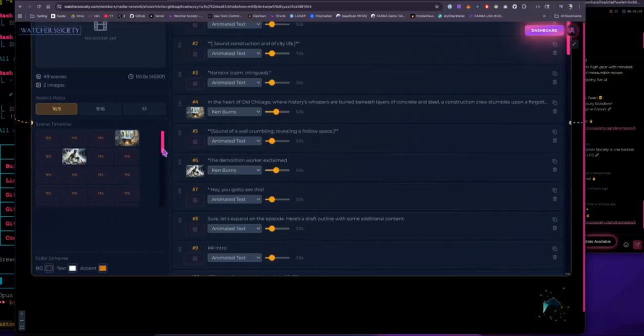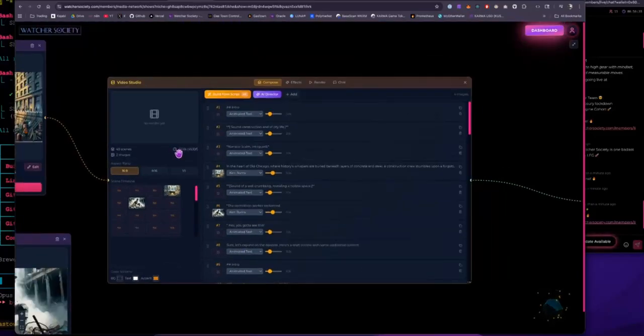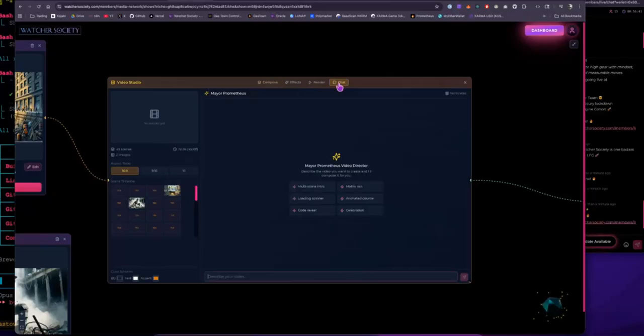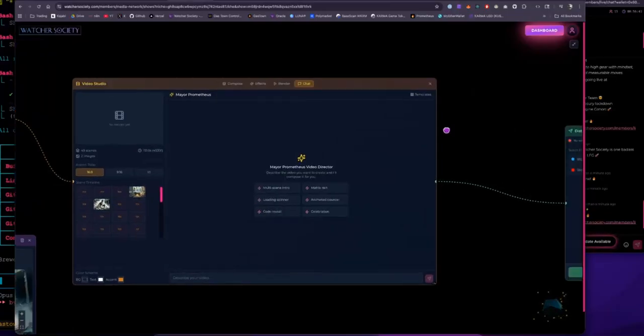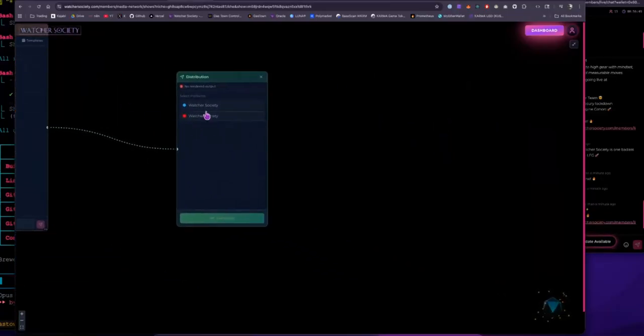I got to fix that too. So this is the whole thing. You can do whatever aspect, and that needs to be updating too. But it's got the length right there, which we'll clean up. And then you can distribute, which we've got the distribution stuff to